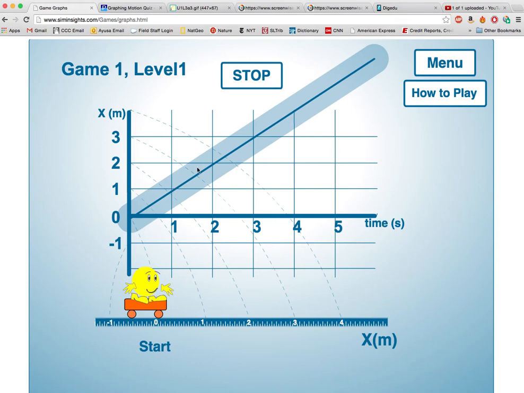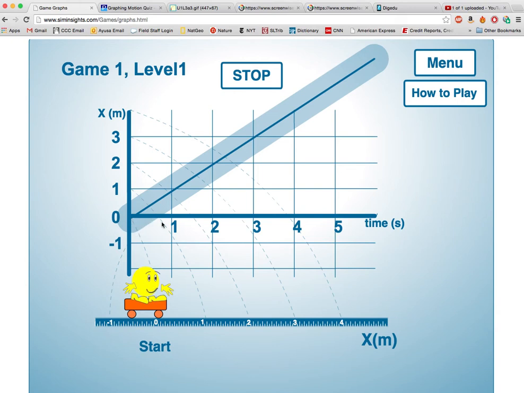Now this graph represents the motion of this guy who is standing on what looks like a ruler. But this is also position down here. 0, 1 meter, 2 meters, 3 meters. This M means meter. Okay, so the way this simulation works is that as soon as you click on the